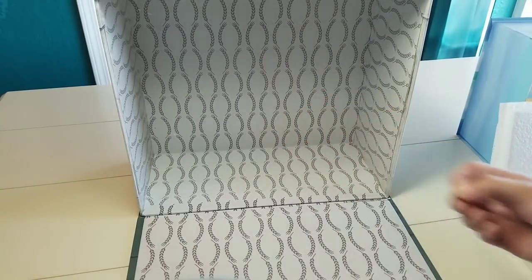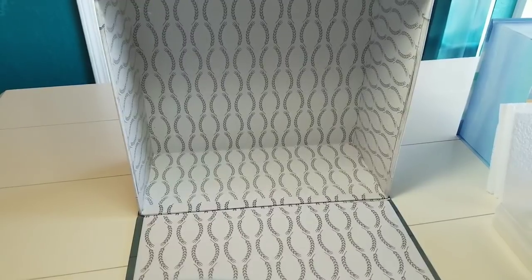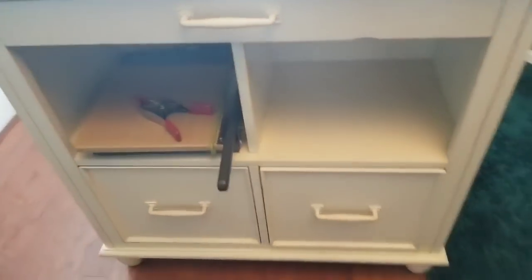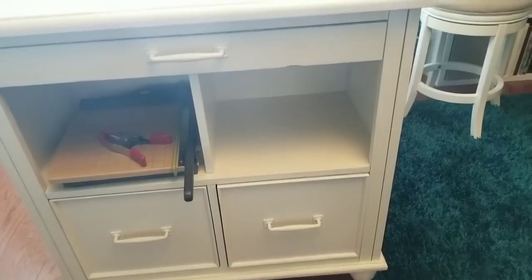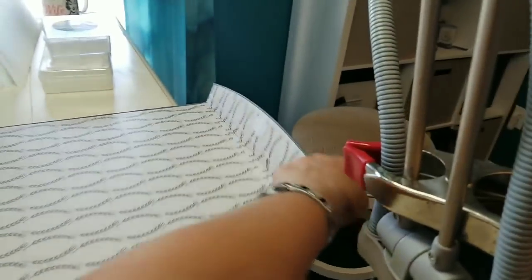Now, this box is too big to fit in my cubbies. I didn't really think that one through at the store, but I could put it on the closet shelf. Or, well, here, let me unplug you and take you. So the box is too big to fit over here, all right? But it does fit down there, but it doesn't fit on its side like that. It only fits the way it's intended to sit. But for that spot,